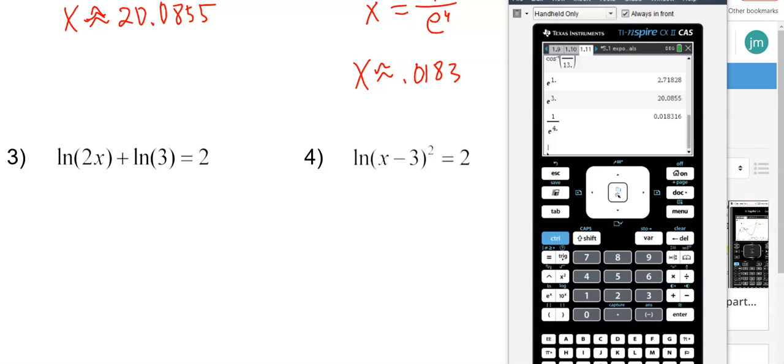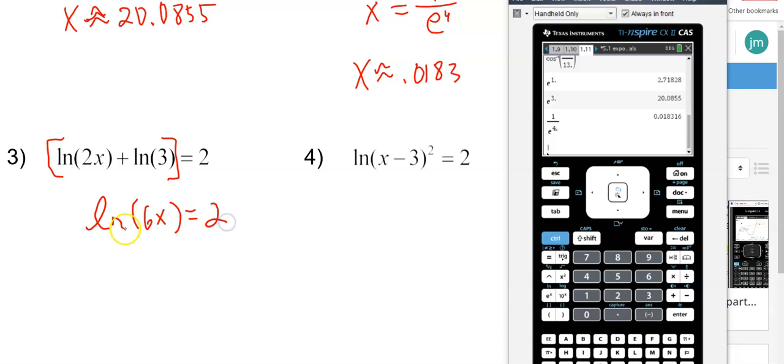So this one, you can't change the form right now. First, you have to use the laws of logarithms, the property that you can learn, and compress those together. Those also work with natural logs. Remember, natural logs are just logs with the base of e. They have the same base, so I can push these together. So I can say this is the natural log of 2x times 3, which is 6x,